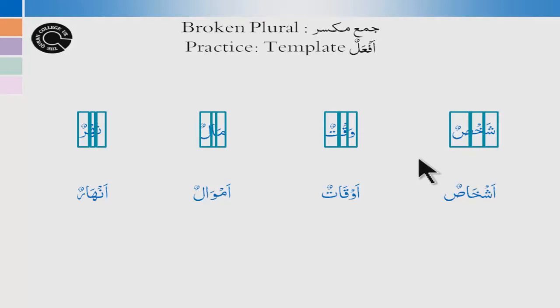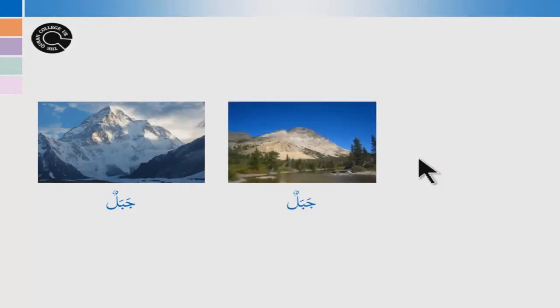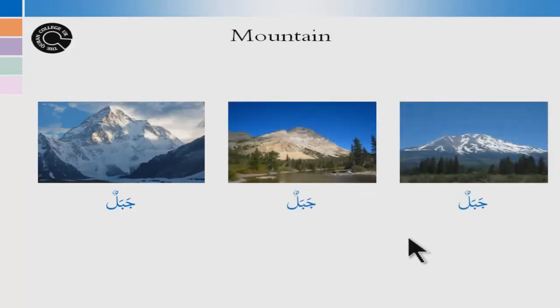Now that was the first template that we have studied so far. There are 6 more that we're going to be studying in this lesson. So let's first of all make some vocabulary, and that is jabalun, jabalun, jabalun,